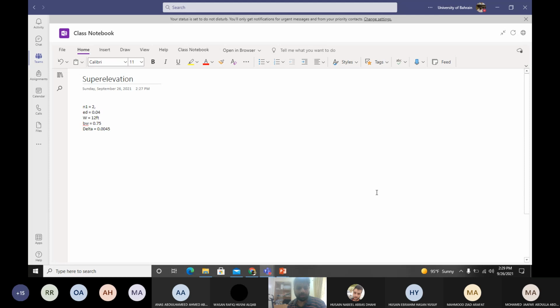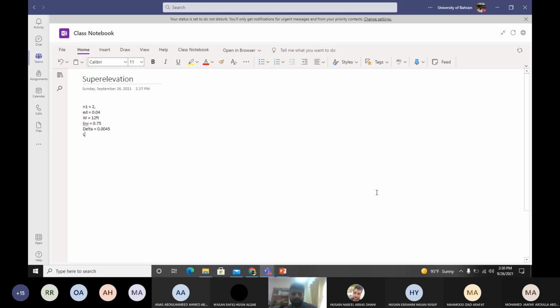So for example, if N1 is 1, then LR is whatever the value you have. If N1 is 2, then LR will not become twice its original length. It will be slightly lower than twice. Similarly, if N1 is 3, then LR will not increase 3 times. It will be slightly less than 3 times. So this is a check to make sure that LR is not too long. They have found that if you don't include the BW factor, LR becomes too long, and then it is not good for construction, cost and design. So that's why we have the BW factor.